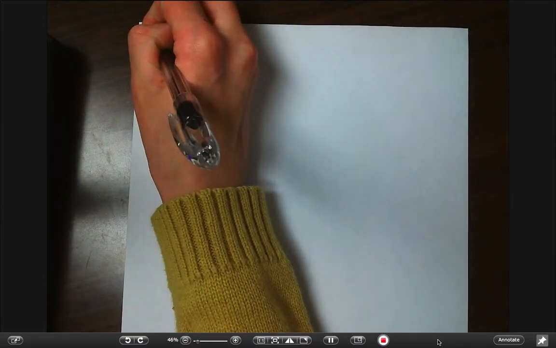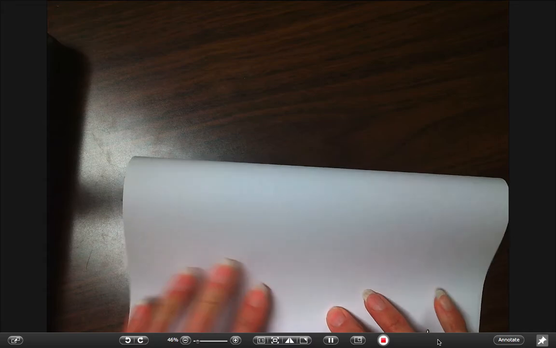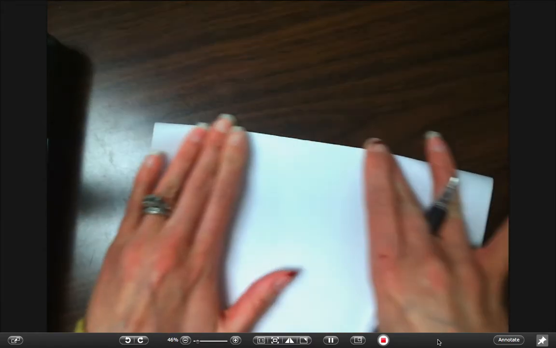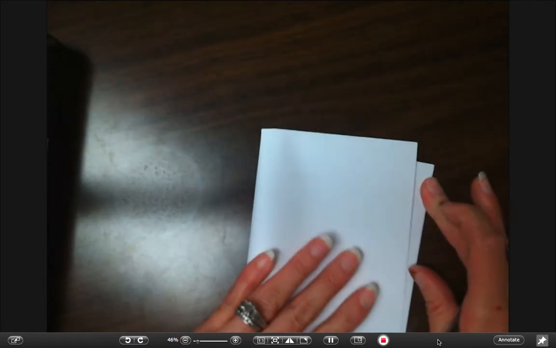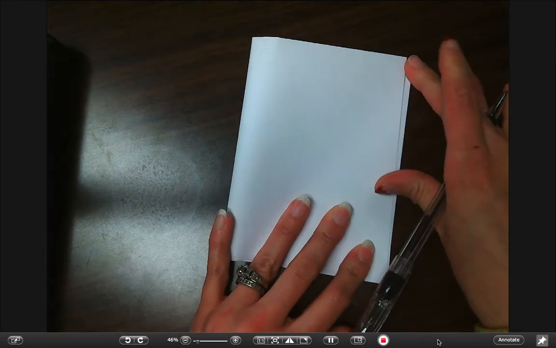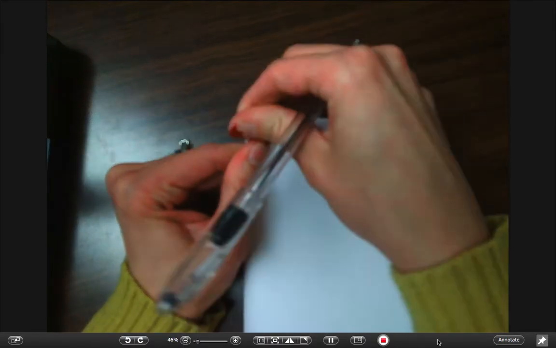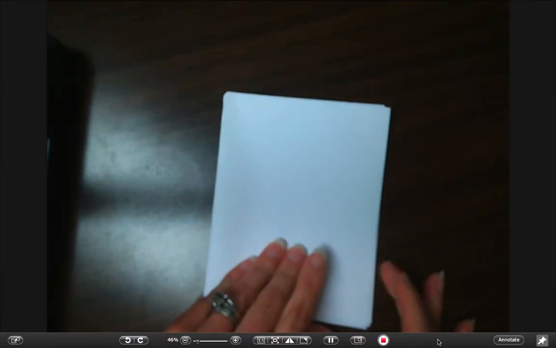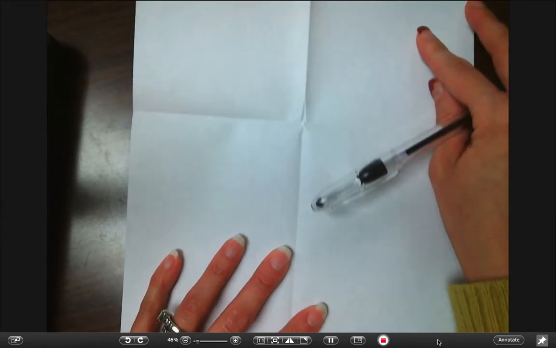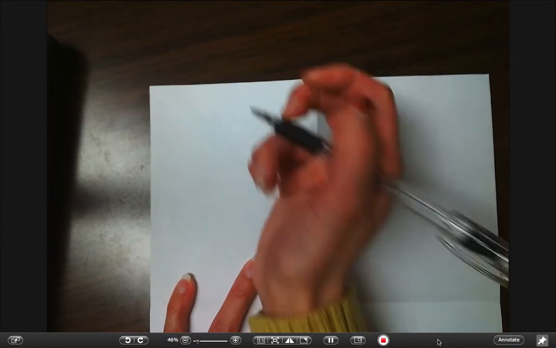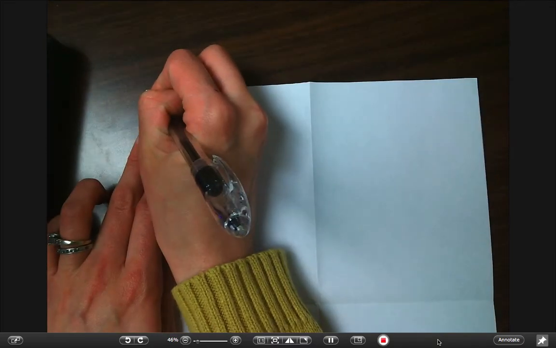So with your paper, let's go ahead and fold it this way in half, and then fold it this way in half. So you're going to have 4 sections on each side. Okay, so when I unfold it, I'm going to have 4 sections like this. And in the first box, put 7.1,